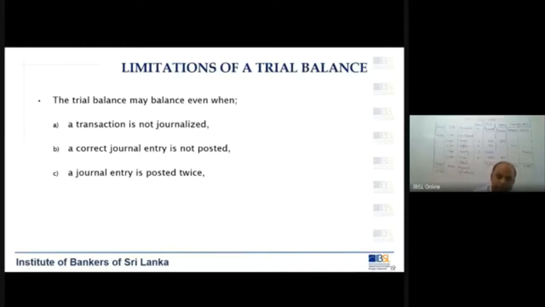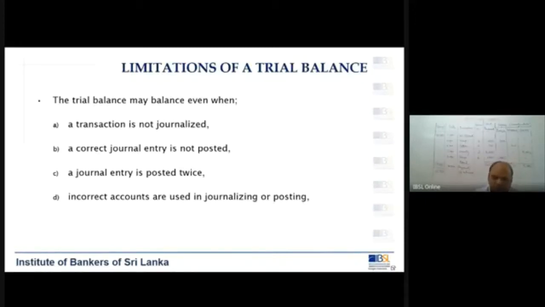But you need to know that these types of problems will be there in your trial balance. Incorrect accounts are used in journalizing or posting. Now you have done a transaction related to stationery, but you can go and put it to some other expense account where the double entry will be agreeing, but you have posted it to a wrong account. It might have happened. Instead of customer A, you might have gone and posted it to customer B. It will not have an impact as long as you have not discovered it.